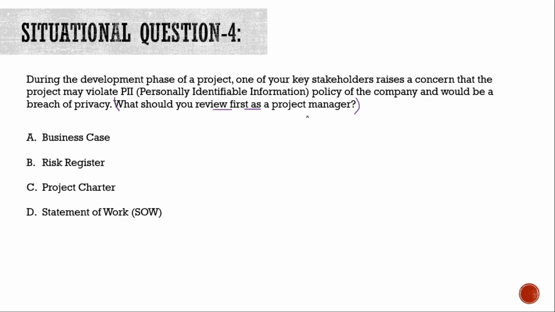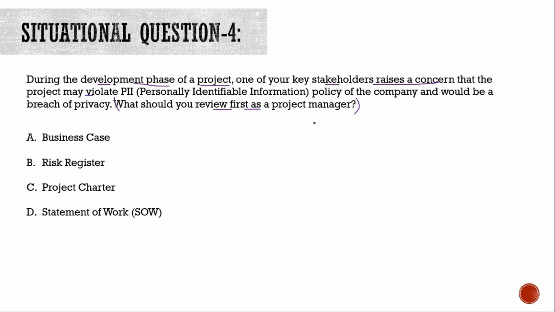Moving on to step 3, we have to identify which knowledge area or process group we are in. Now, if you read this question, we are in the developmental phase of a project where one of your key stakeholders raises a concern. So mostly we are between the initiation and the planning process group. That is why mostly your charter is not yet closed, or maybe your charter is in iteration with your stakeholders. So maybe we are in planning as well. Okay. So step number 4, now we try to recall which of the sequences this question is referring to. Is it table 4.1, or the change management flowchart, or the ITTOs? Now, as we see here, it refers to none of those sequences.